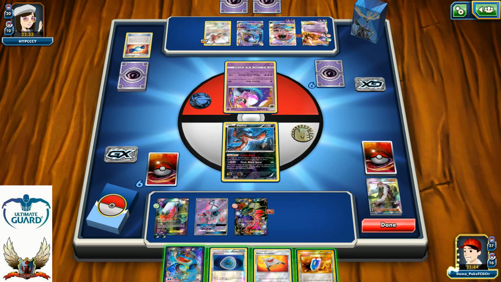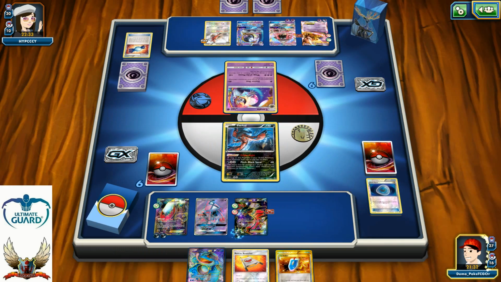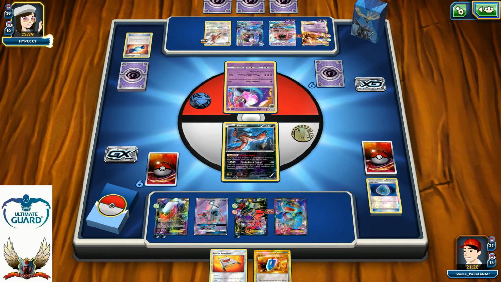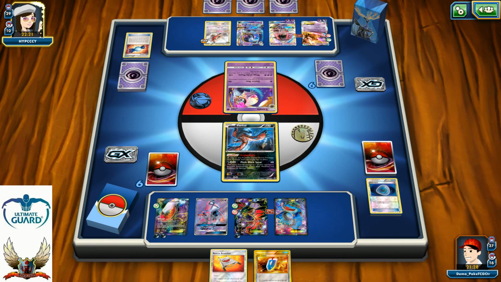Okay, so he cannot retreat. Let's actually try to power up with one Dark Patch that Yveltal-EX, set down that Seismitoad and basically pass the turn for now. He won't be able to retreat without paying 2 energy cost or maybe finding Switch or Floatstone. Meanwhile, I can actually buy some time to build up 2 attackers instead of the 1,